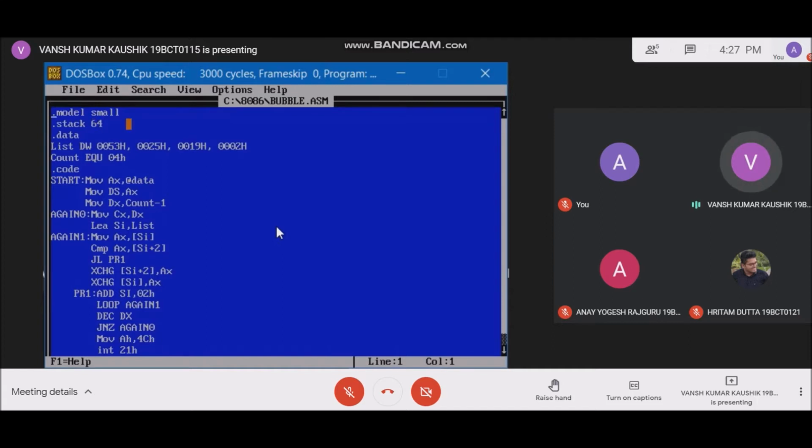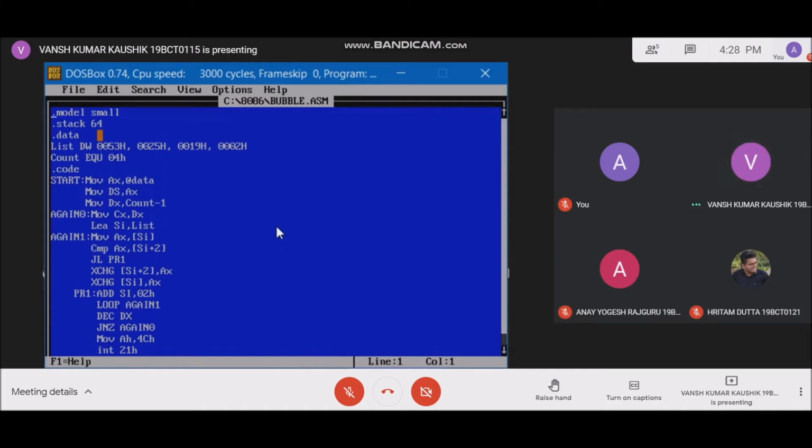The first two lines define the stack segment. Next is the data segment. In the data segment, we are supplying a 16-bit input by creating an array called list. We are supplying the input using the assembler directive method.